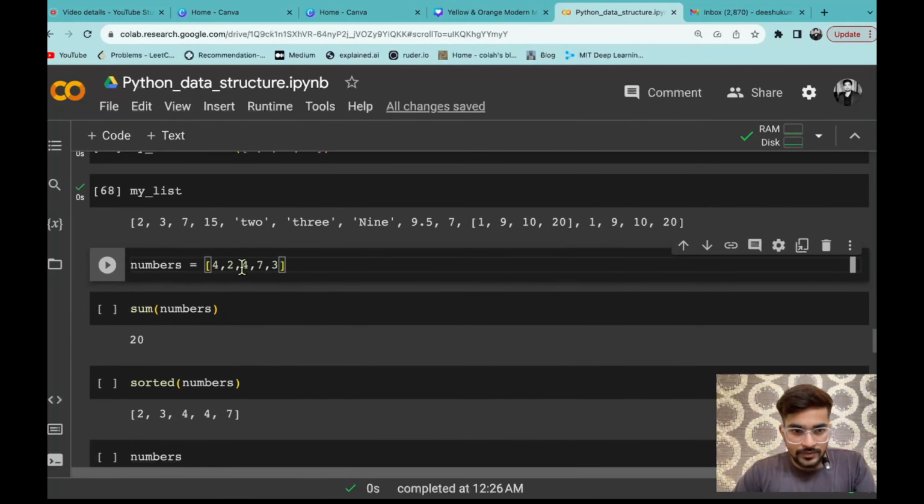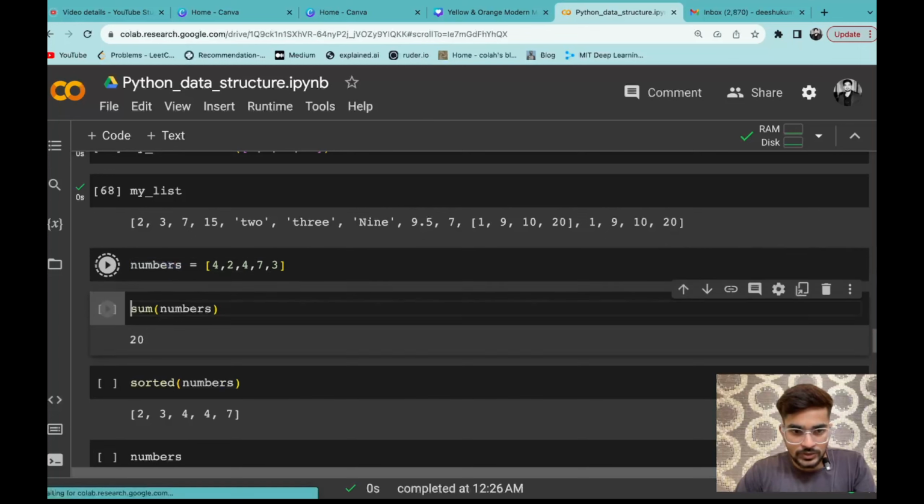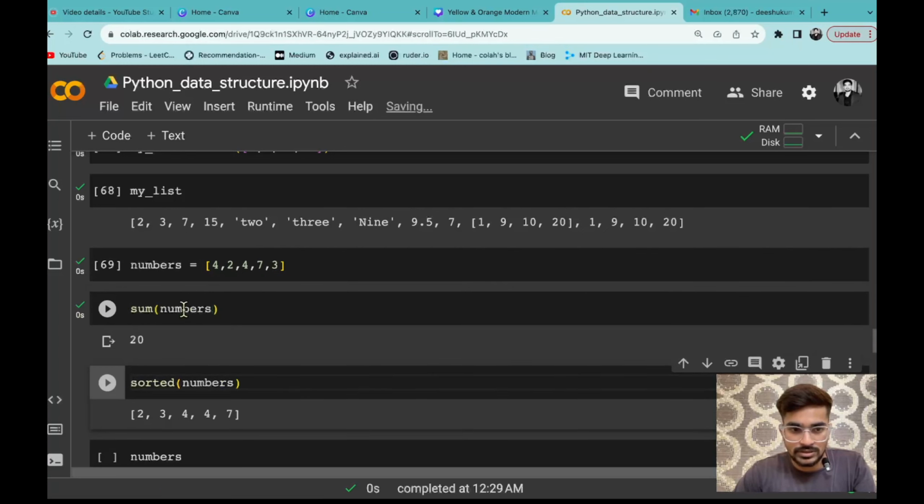So let's say I'm defining a list that is having a variable name numbers, जहाँ पे हमने total list of elements जो है total integer दिया like 42473. Now what I can do, I can do a sum operation on that. That means it is a function that I am using to sum up all the elements. Since these are all numbers, integers, you can easily add that now using that sum method.